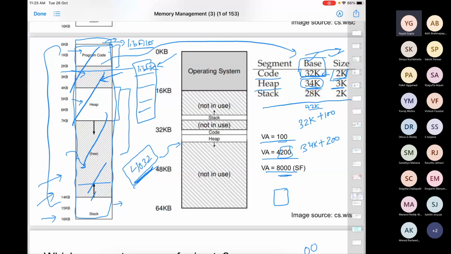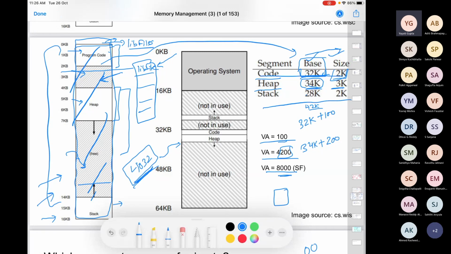So if you look at this picture of segmentation, it is exactly similar to contiguous memory allocation. The only difference is instead of loading your entire process contiguously in the memory, you are dividing it into segments and then you are loading all those segments contiguously in the memory. So program code is one segment, you load it like a process in the memory somewhere contiguously. So this entire code lies at one place, right? We have done it contiguously with the help of the base and the limit register. Same holds for heap. As a separate mini process, it lies contiguously somewhere in the memory.